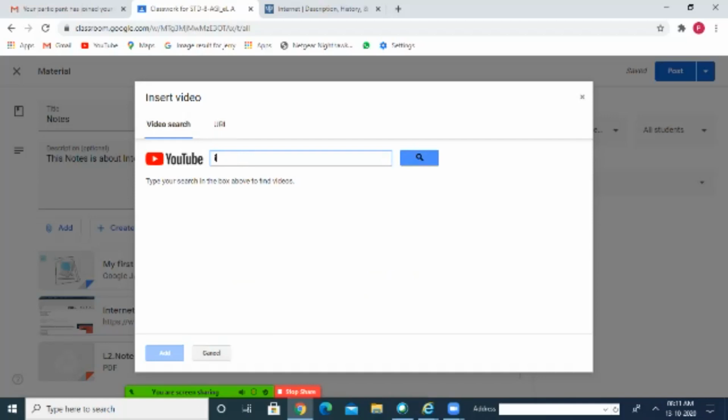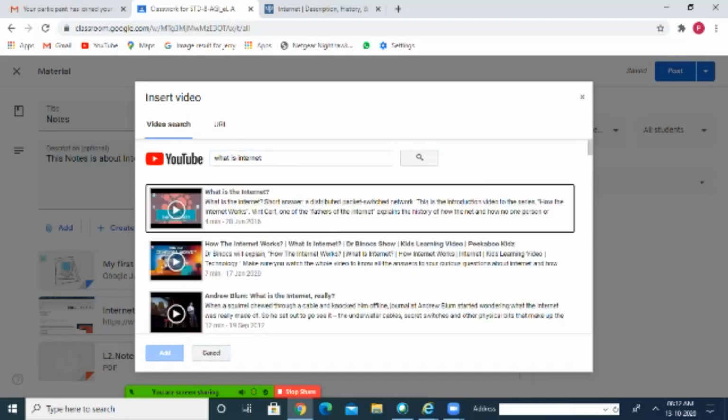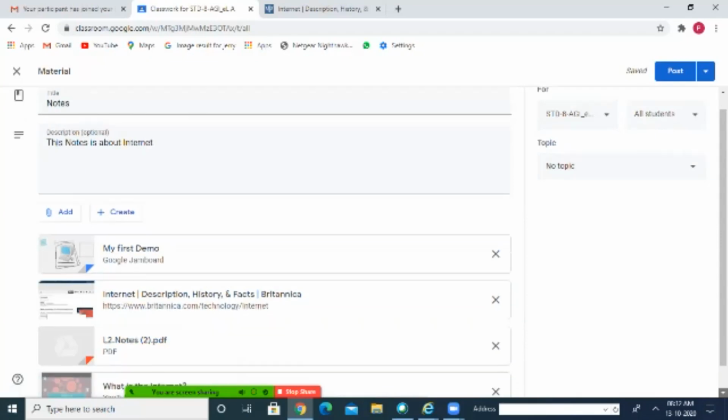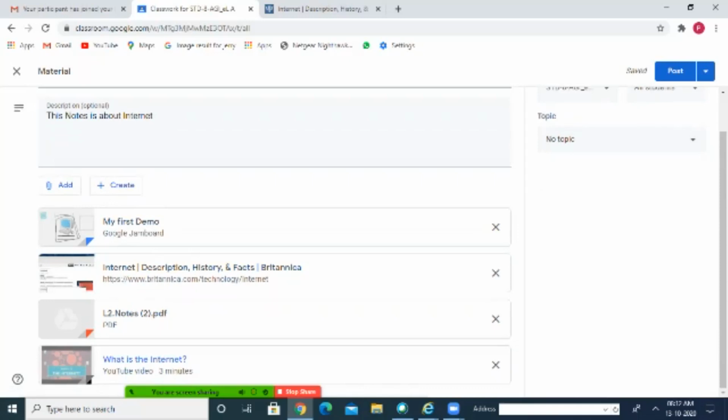What is internet, for example? Then I will select this, then click on the add button. Okay. Click on the add button. Now you can see I have added the material to my class in four ways.